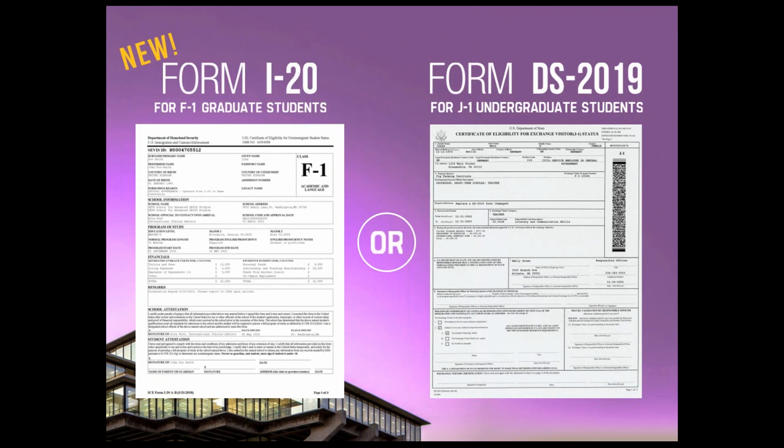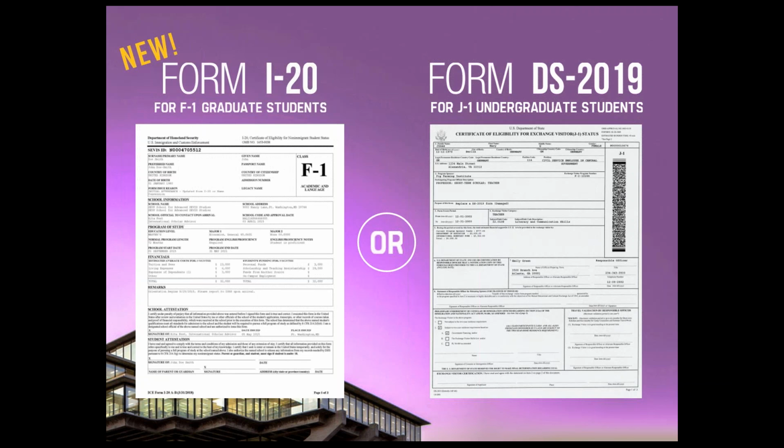For most graduate students, we have issued the document with a September 16th program start date, which is the day of graduate student division orientation. Please remember that you are eligible to enter the U.S. only up to 30 days before the program start date on your I-20 or DS 2019. If you have a start date on your document of September 16th, you may enter the U.S. as early as August 18th in F1 status.